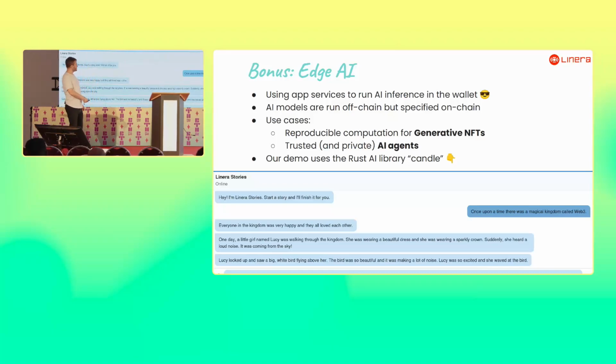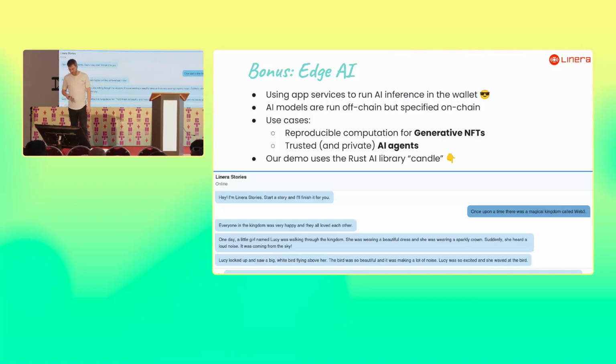On the right side, you see the prompt: "Once upon a time, there was a magical kingdom called Web3." And that prompt would be on-chain and immutable and would be minted as an NFT. Then everything else, the rest of the story, is the result of running the LLM on that prompt. And so you have a system where the NFT is very short, and the visualization, the rendering of the NFT, is very cheap and trusted. So you get kind of the best of both worlds.